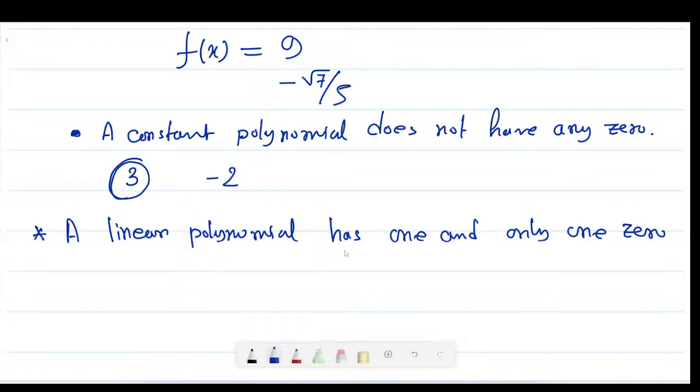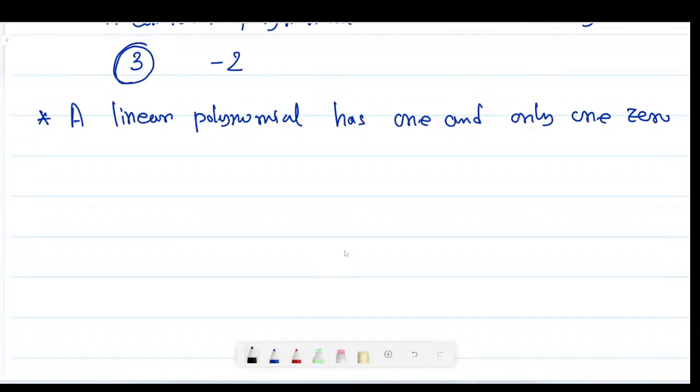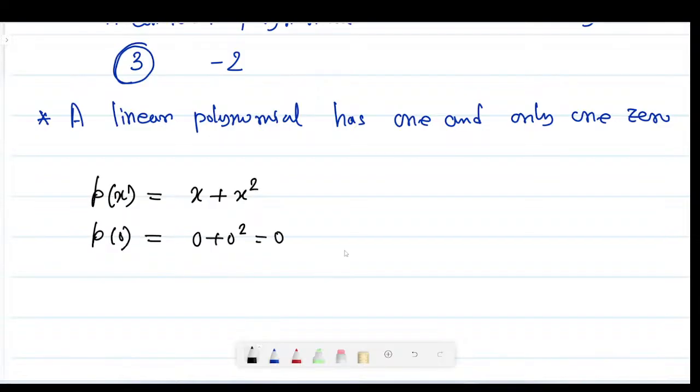So you can see that 0 cannot always be the 0 of a polynomial. My explanation is, if the polynomial I am taking is like this, x plus x square, what will be the 0 of this polynomial? That will be p of 0, because only the value 0 makes the polynomial 0. Any other value other than 0 cannot give us the 0 value. So here 0 is the 0 of